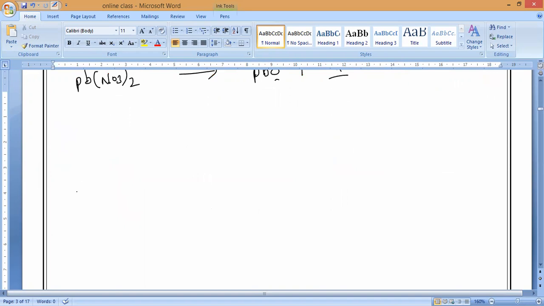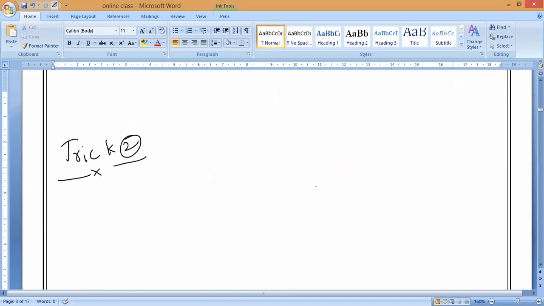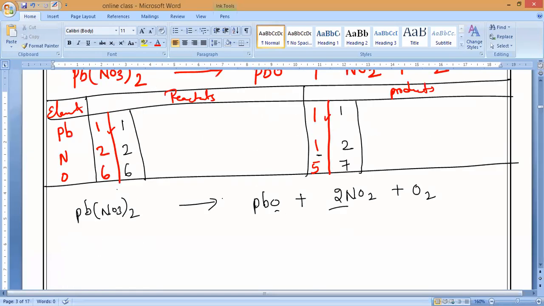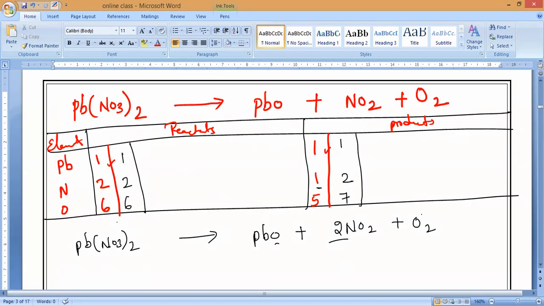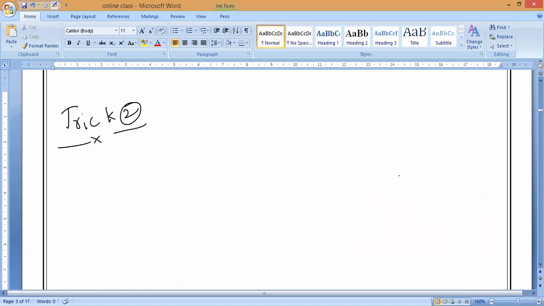So I'm leaving this equation and teaching you trick 2: how to solve an equation like this. What is the difference between the oxygen atoms? Only one difference. This side 6 and this side 7. So in this situation, how to solve? When there is a difference of one atom,